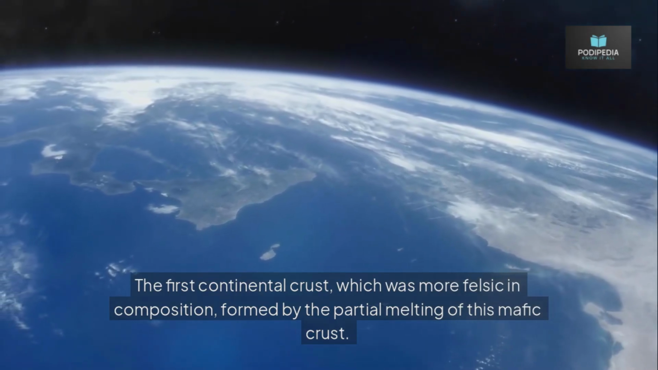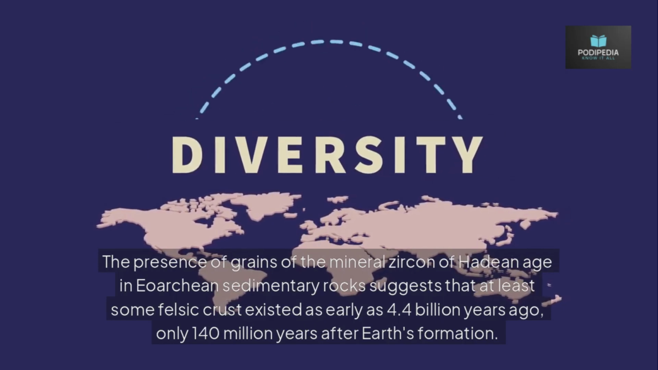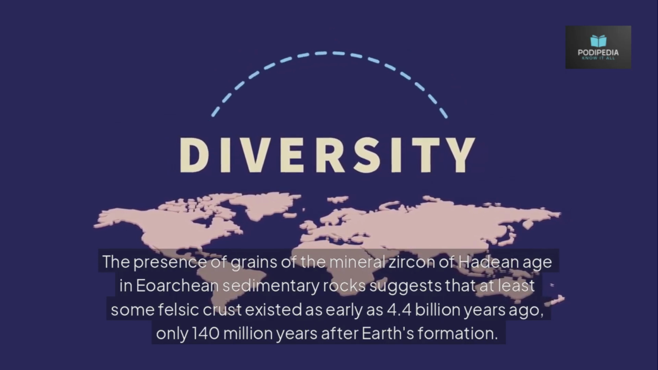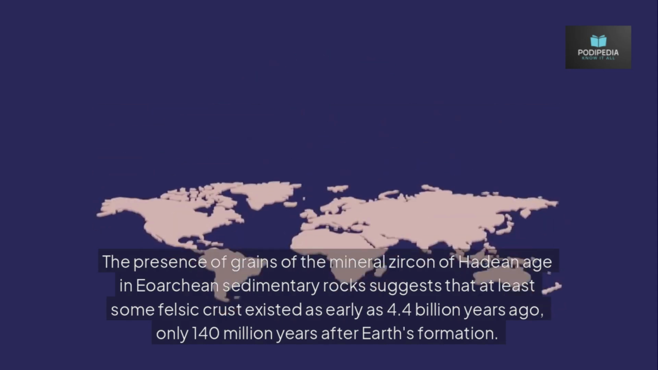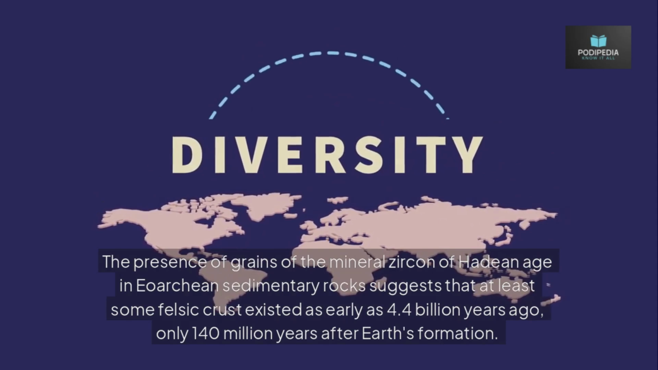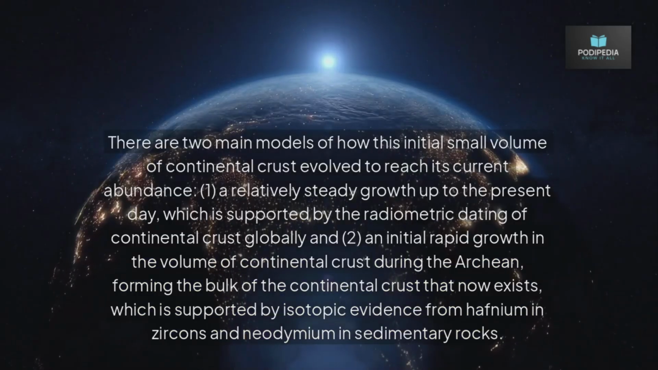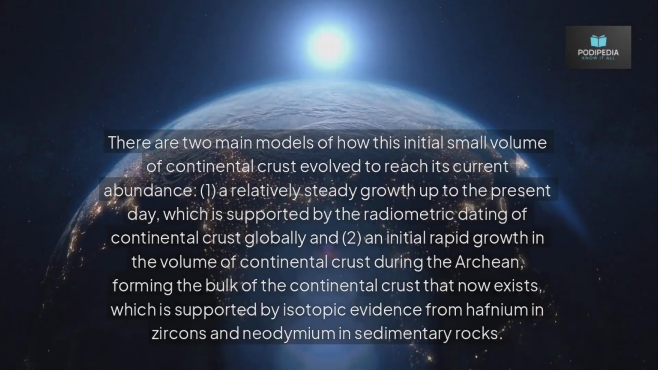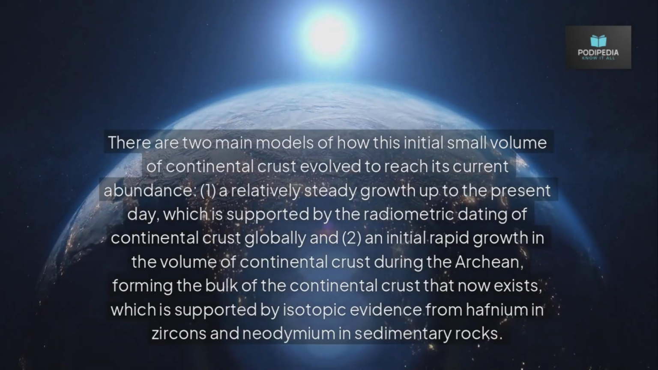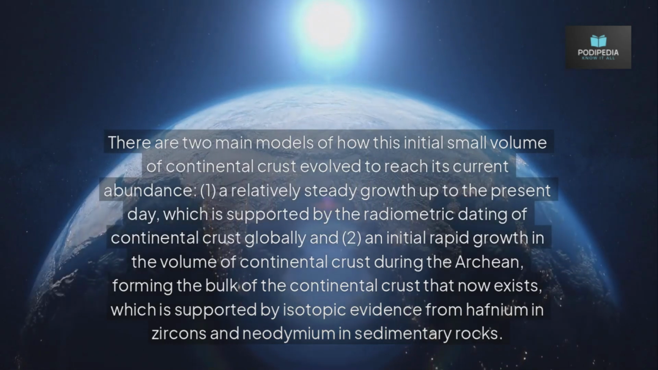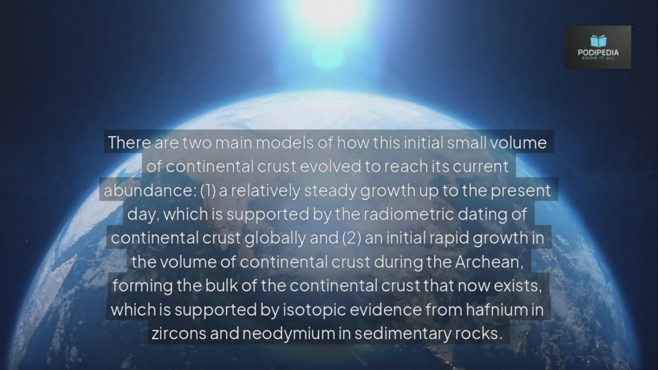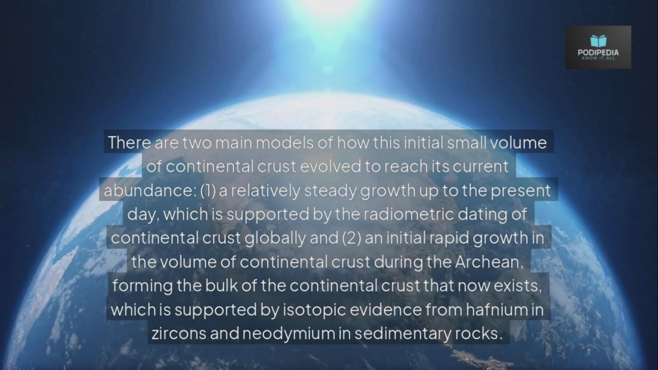mafic crust. The presence of grains of the mineral zircon of Hadean age in Eoarchean sedimentary rocks suggests that at least some felsic crust existed as early as 4.4 billion years ago, only 140 million years after Earth's formation. There are two main models of how this initial small volume of continental crust evolved to reach its current abundance. 1. A relatively steady growth up to the present day, which is supported by the radiometric dating of continental crust globally, and 2. An initial rapid growth in the volume of continental crust during the Archean, formed the bulk of